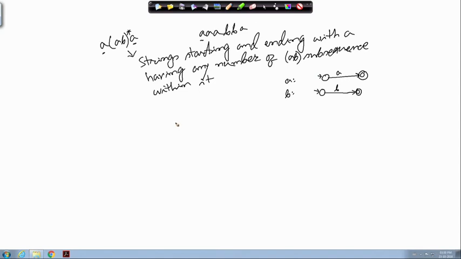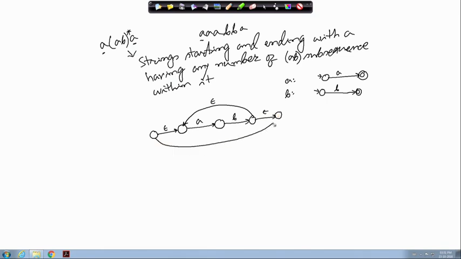For doing it for AB, I can do it like this: this is the state from where it goes on A to this, which is the final state, and from here on B I can go to the final state there. Now, after that I have got A B star, and for doing A B star the construction is that I have to add one epsilon transition from here. Similarly, from here I have to add an epsilon transition to this. Then I have to have another epsilon transition taking to the final state, and then from this state there should be an epsilon transition there.